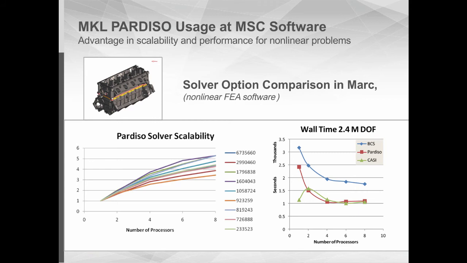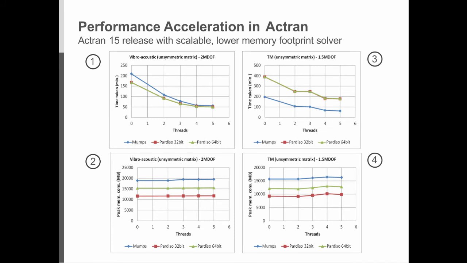Let's move next to the acoustic solver, Actran, from our suite of products. Actran is the acoustic solver from our FFT team in Belgium. The sparse direct solver used in Actran has been the open source MUMPS solver that you see in these 4 charts. In the Actran 15 release just announced, the Pardiso solver is added as an option, and these plots show